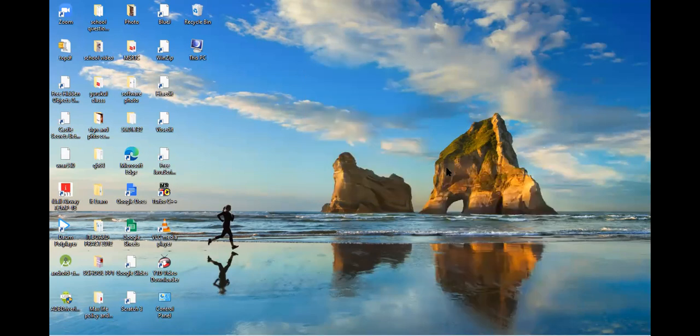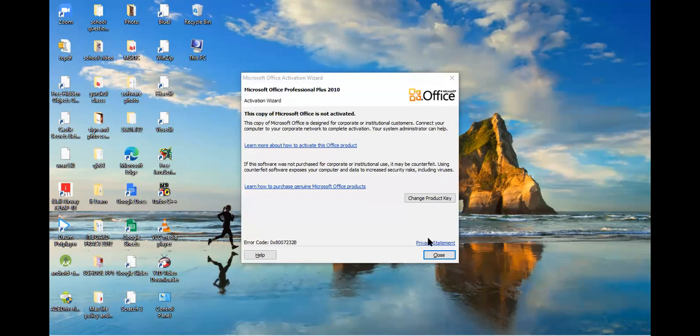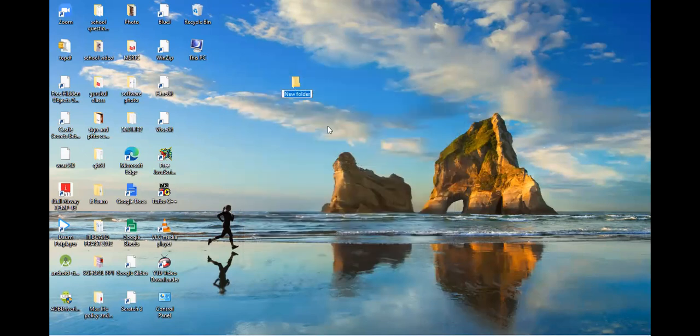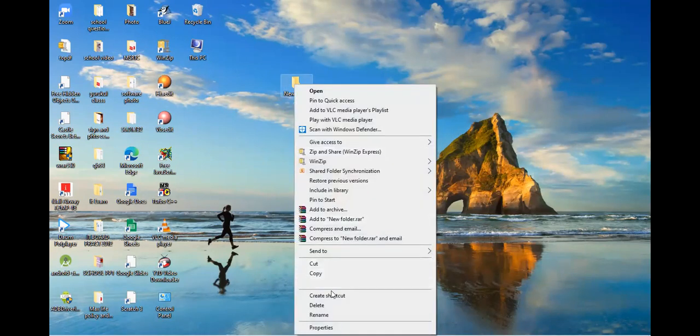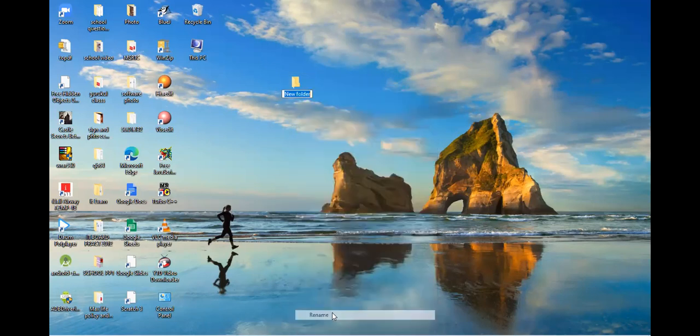Then you can create your own folder also. You can rename your folders also. So what is it?